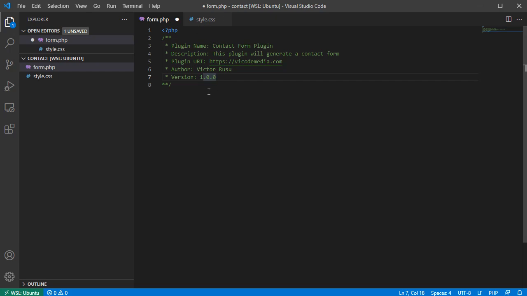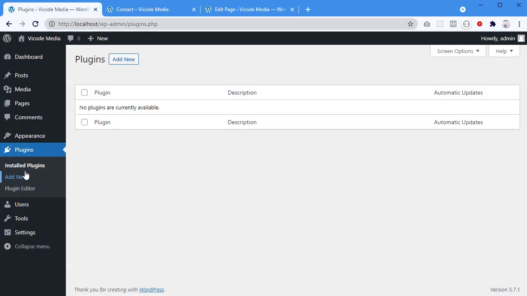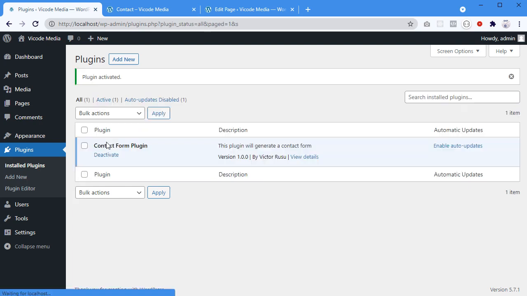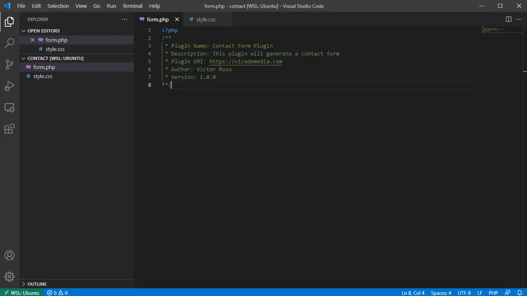Alright, so I'm just gonna save it like this, and I'm gonna go back to my website, and I will refresh this install plugins page, and I'm gonna see this plugin here. It doesn't do anything. I can click activate, but it's not gonna do anything for now because I don't have any functionality in it yet. So I'm gonna start